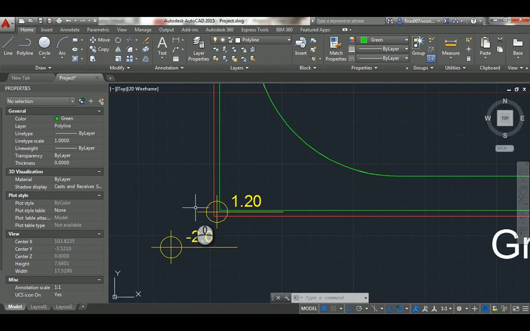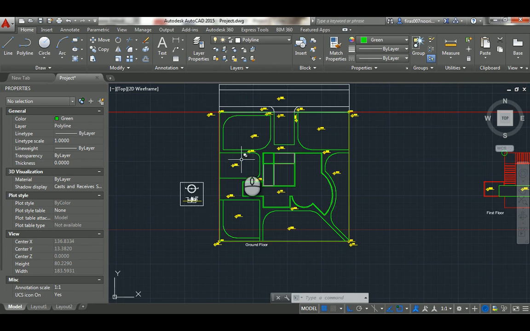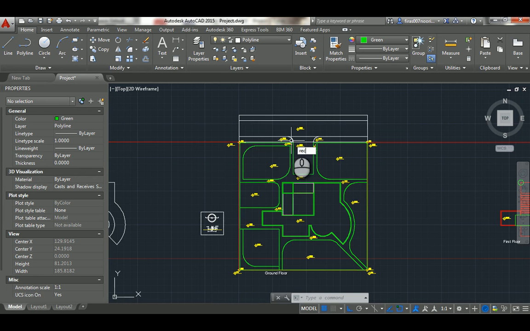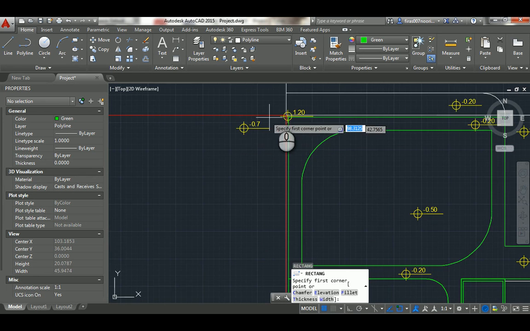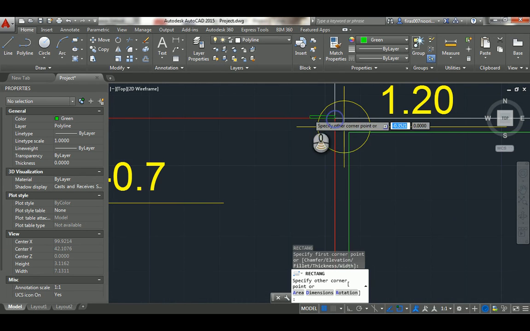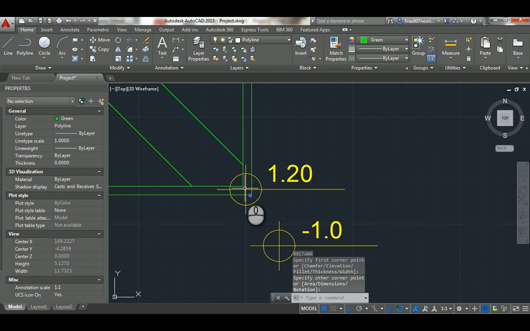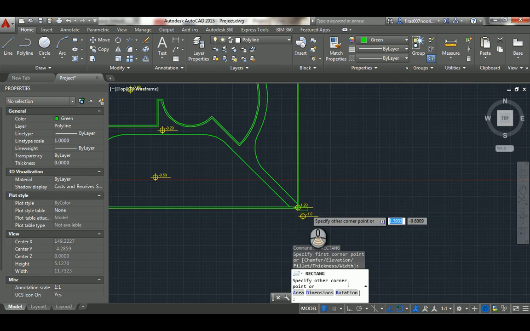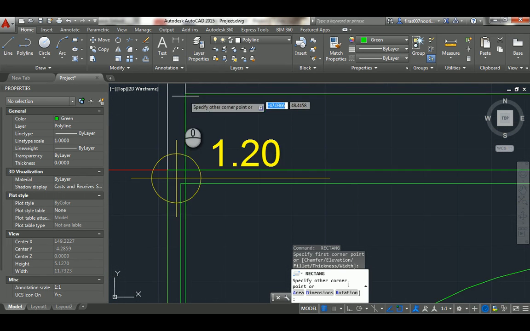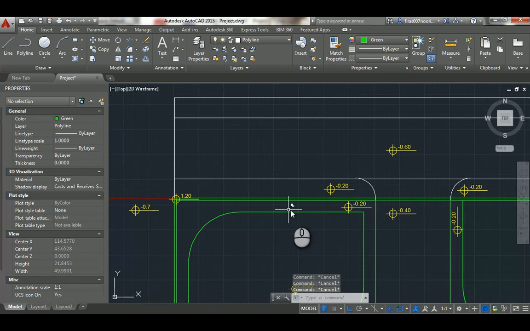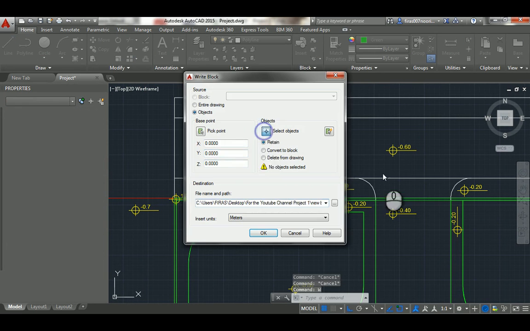That means the extrude is 3.2 and the Z value is -2. Anyway, I'm kind of lazy to draw that as a polyline, so I'm just gonna draw a rectangle starting from this point to the edge, to the other end, and then another rectangle here, as you can see,